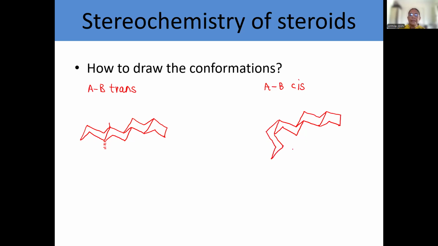Does everybody get this? Now have a look at this. This is one of the junction atoms. The group or atom attached to it is pointing upwards. Here too, it is pointing upwards. The second junction atom. And so this is AB cis structure. I hope I have made myself clear, but all of you require to practice for this.